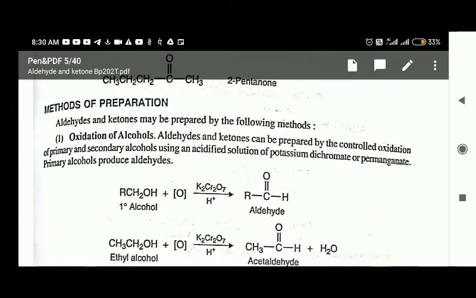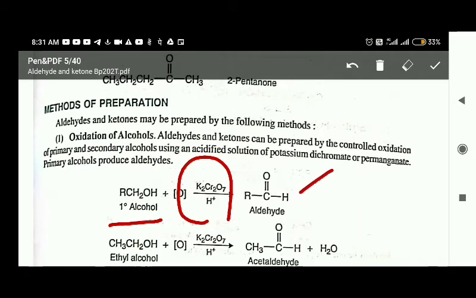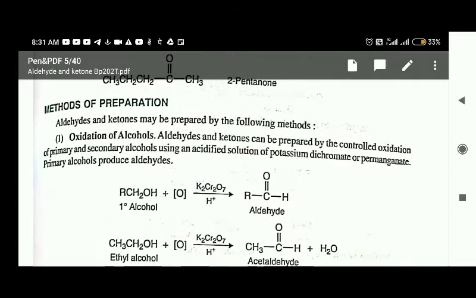Now the method of preparation. So from what do you make aldehyde? Already you have studied that primary alcohol upon oxidizing with K2Cr2O7 or KMnO4 is going to give aldehyde. You may be asked: primary alcohol upon oxidation with K2Cr2O7, what is the product? Aldehyde, ether, alkyl halide, what can be formed? 4 options would be there, so you have to pick your answer. See RCH2OH, so it is aldehyde. If the oxidizing agent is very strong, it is going to give you the carboxylic acid. So primary alcohol gives aldehyde and carboxylic acid. You have to remember this.